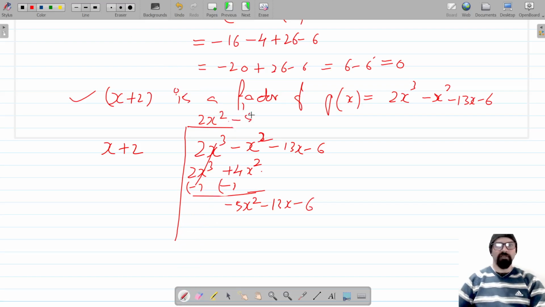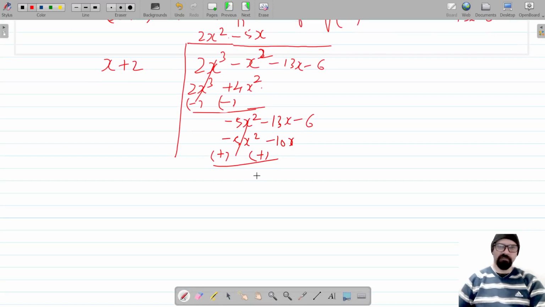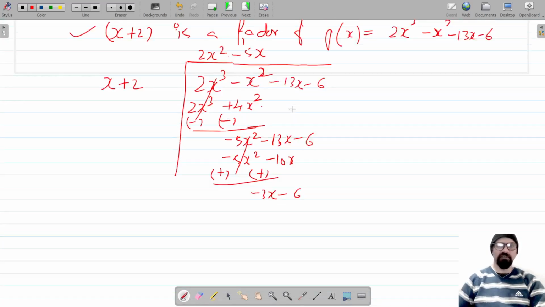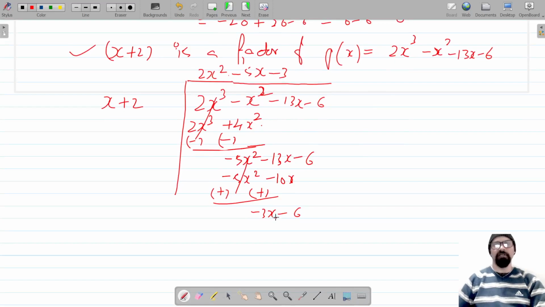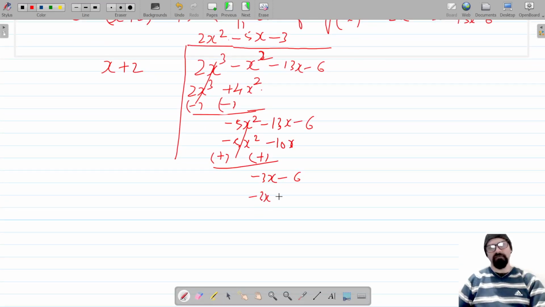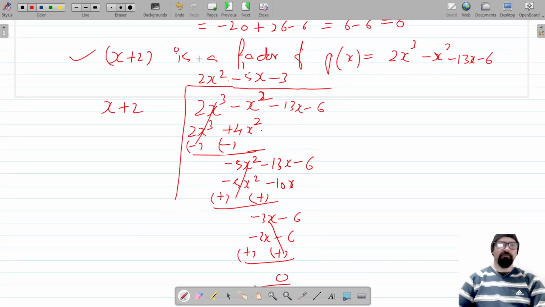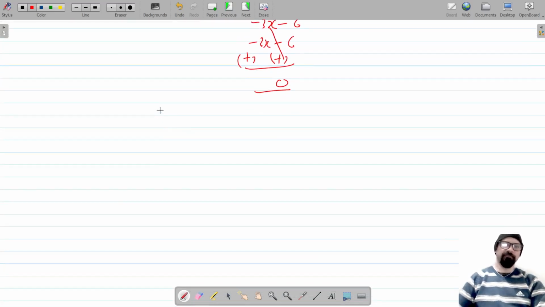So this is now negative 5 and x. So negative 5x squared minus 10x. And changing the sign, you subtract, this gets cancelled, minus 13x plus 10x is negative 3x, negative 6. So I write here negative 3, which gives me negative 3x, negative 6. Change the sign, this is 0. Okay, so we have one more factor, which is 2x squared minus 5x minus 3, and this is a quadratic